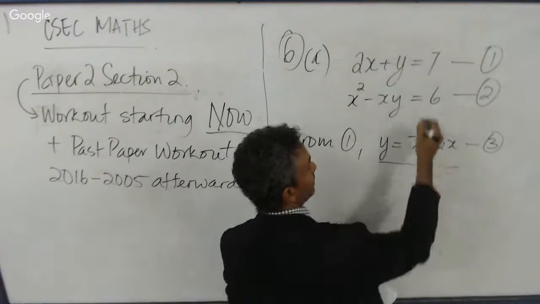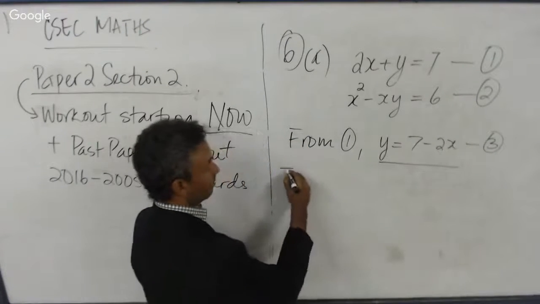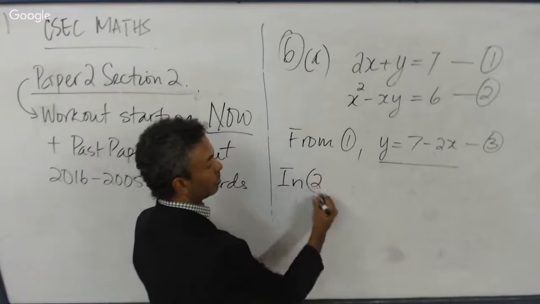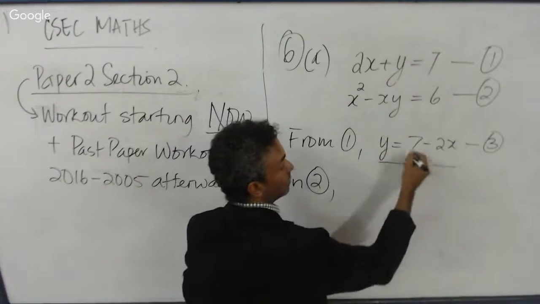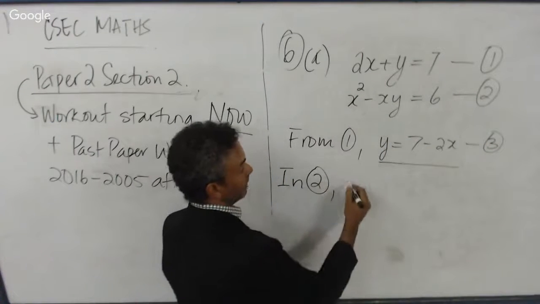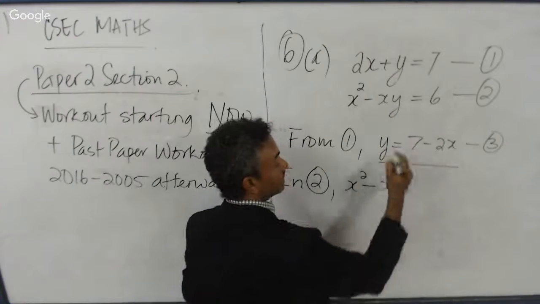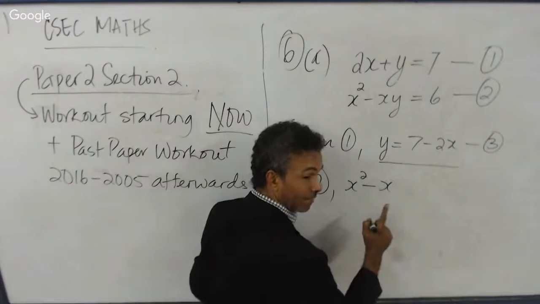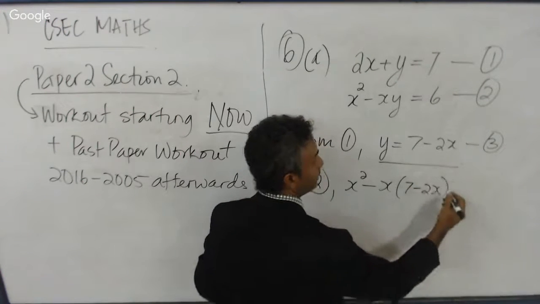Because now in the second equation, in equation 2, wherever I say y, I'm going to replace it with 7 minus 2x. So we get x squared minus x times y, but instead of y, I'm going to put 7 minus 2x, equal